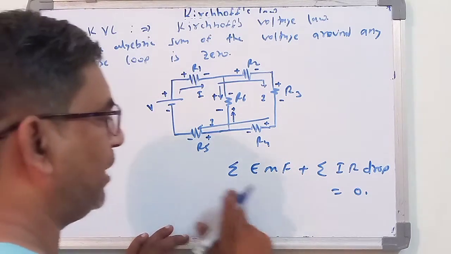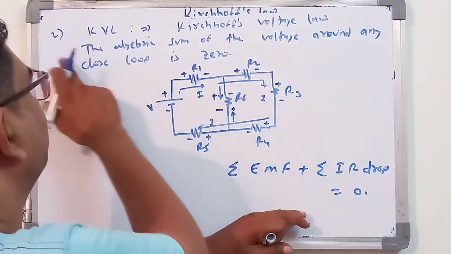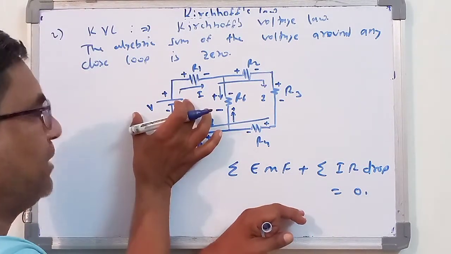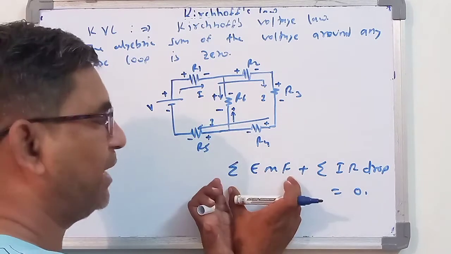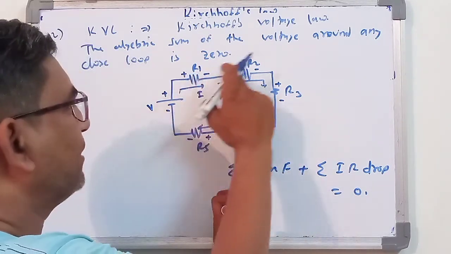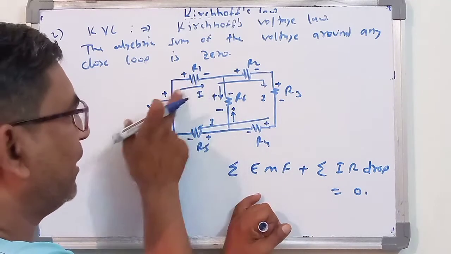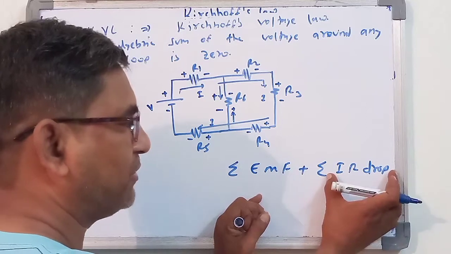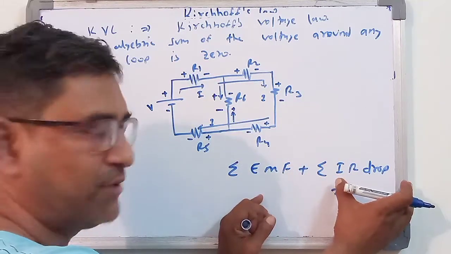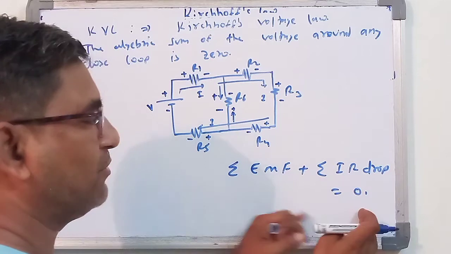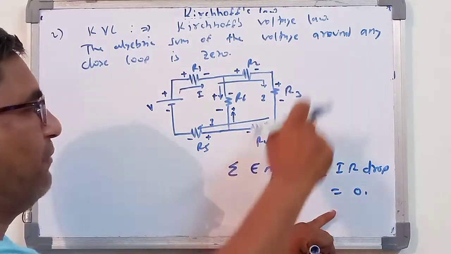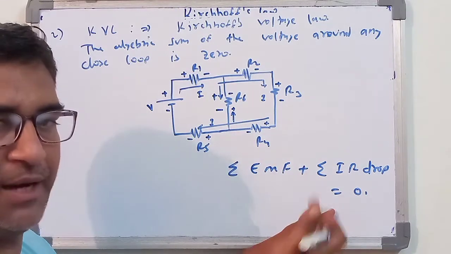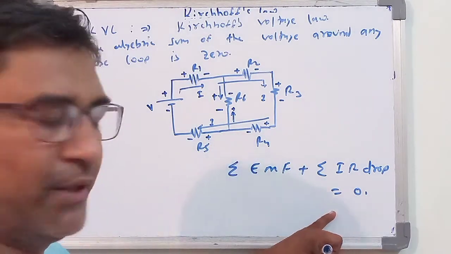So at last you have to write down this equation so that this definition is going to be satisfied. Because here the voltage is considered as an EMF source, and whatever the resistance and the current, the current flowing through the resistance gives the IR drop, and that IR drop is nothing but the voltage drop across that particular resistance. So you will be getting the IR drop, and that whole sum is equal to 0. Ultimately, when you are able to solve this equation, you get the value, and that value we have to note down. Okay.